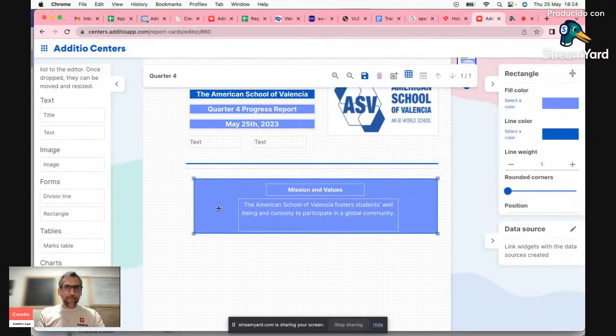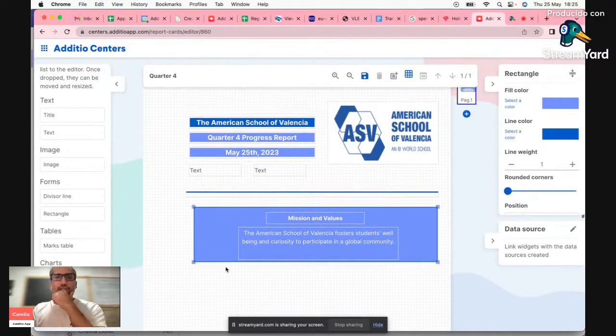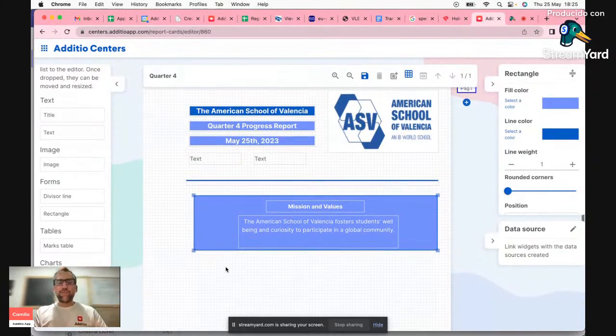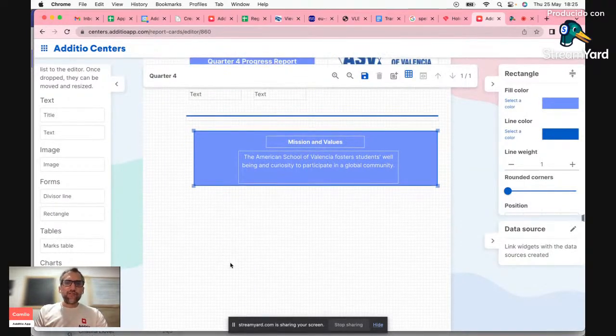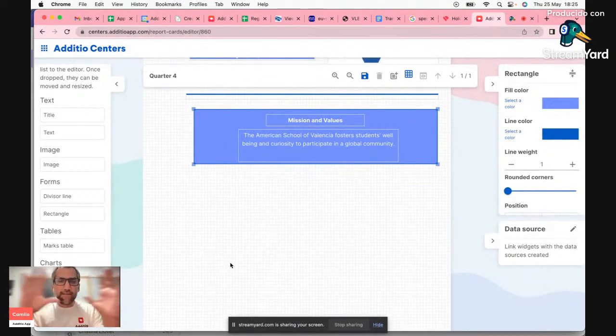And then maybe grab that. All right. Okay, so we have our mission and values, and then typically you might have another box that might explain what the purpose of the quarter progress report is. You could go ahead and do something very similar to what we just did now. But I'm going to go ahead and start with bringing in the chart for